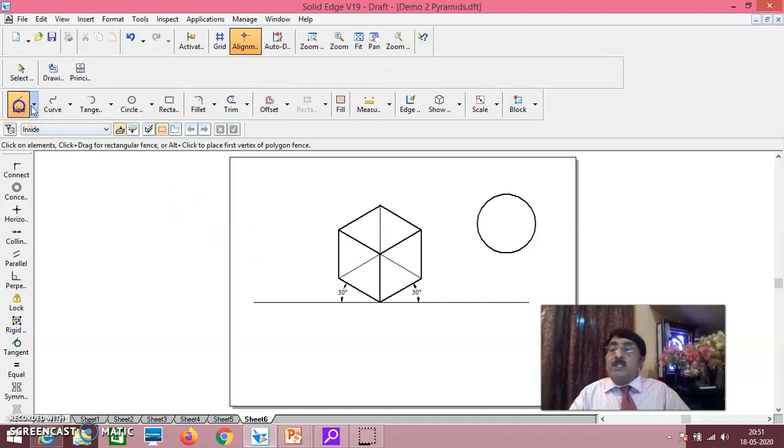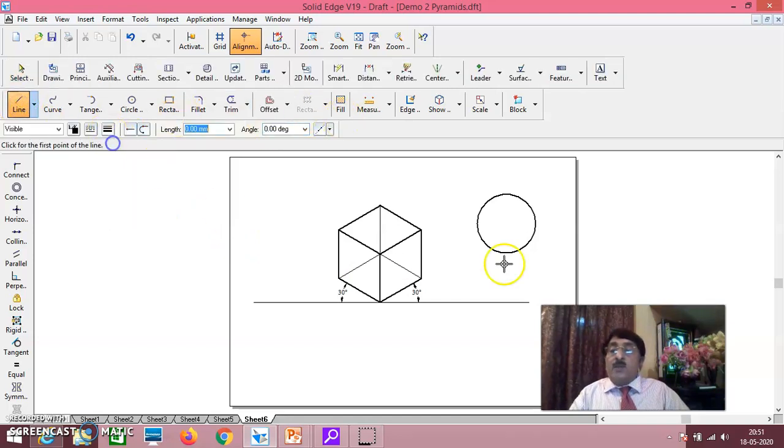That is why what I'll do is, mid to mid, I'll draw one line. This is mid. Again, from mid to mid, I'll draw one line. See here, this is the center of the top surface of the cube. Now what I'll do is, from here I'll go to a distance of 25 ISO. Okay, 25 ISO I'll go, here.